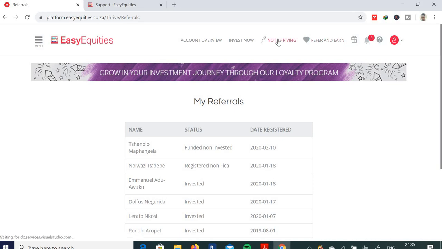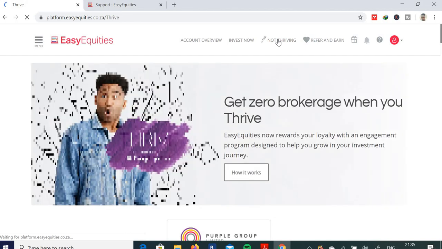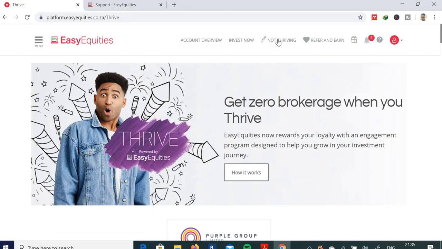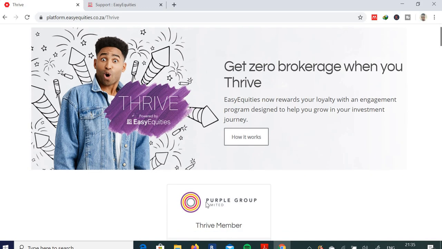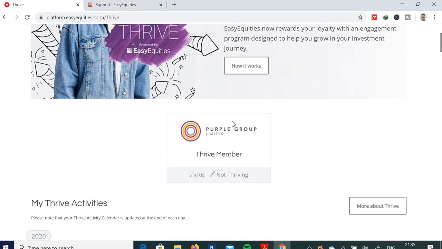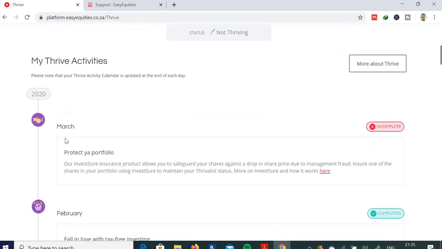So another functionality that they have is they encourage doing certain things to thrive or to get more easy money or get more benefits within the platform, right? As you can see, it says Purple Group Limited because Easy Equity is owned by Purple Group, and Purple Group is a publicly listed company, so you can also buy Purple Group stocks within the platform as well. So the reason why they're saying I'm not thriving is that I haven't been following all the